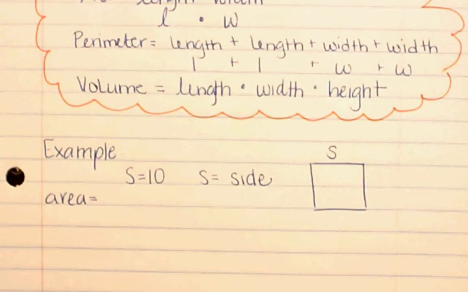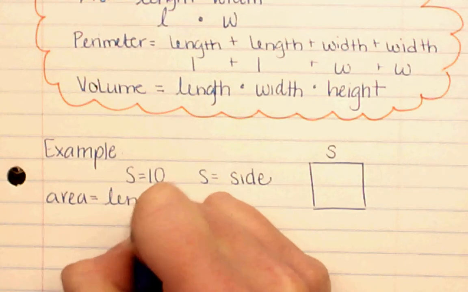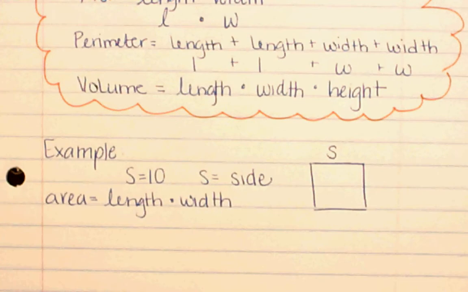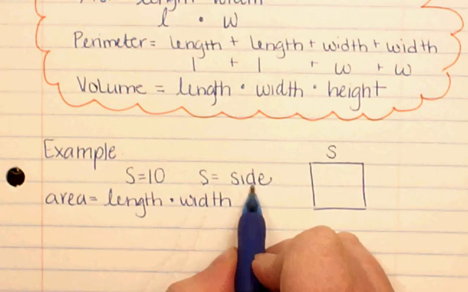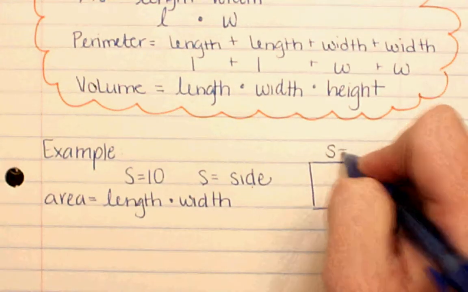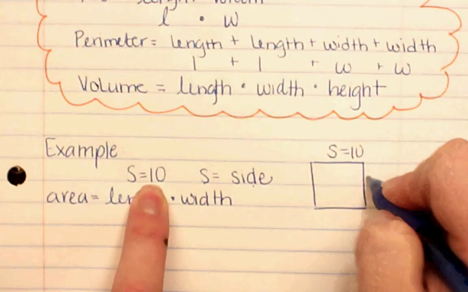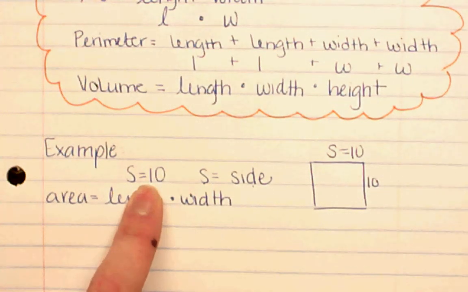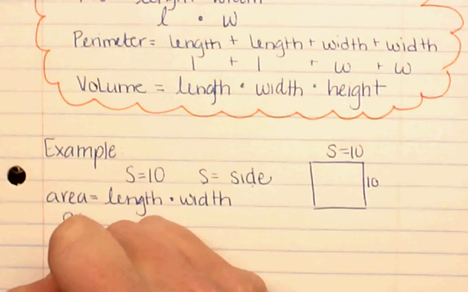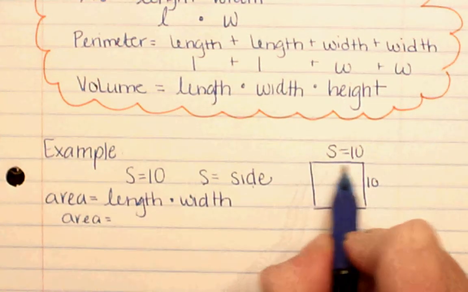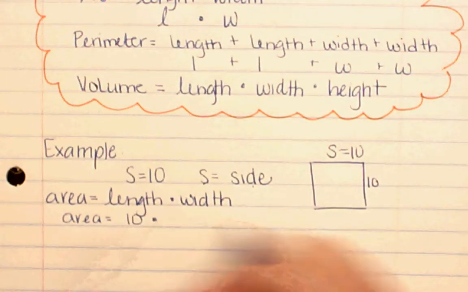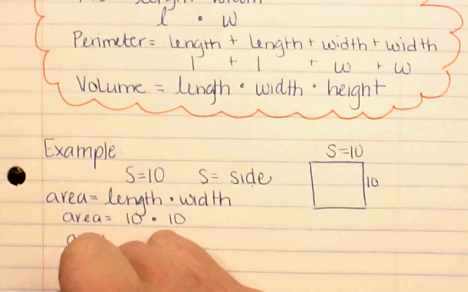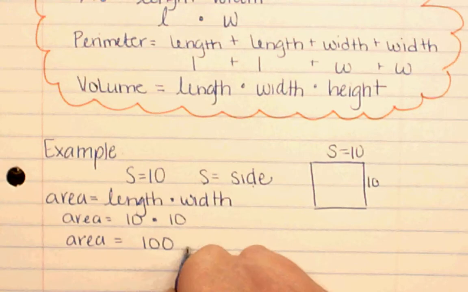And so I'm going to rewrite the formula again. Length times width. And yes, you need to rewrite the formula every time. So since S equals the side and it is a square, S equals 10. Every side is 10. Okay? So we're going to just plot in the numbers that we have. The length is across right here, and that is 10 times the width. So 10 times 10. Area equals 100 units